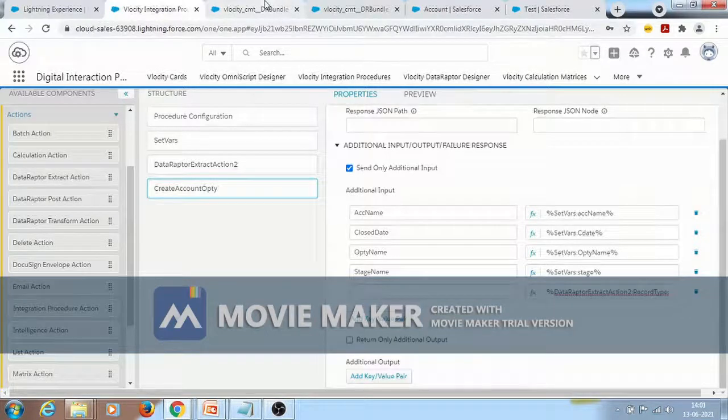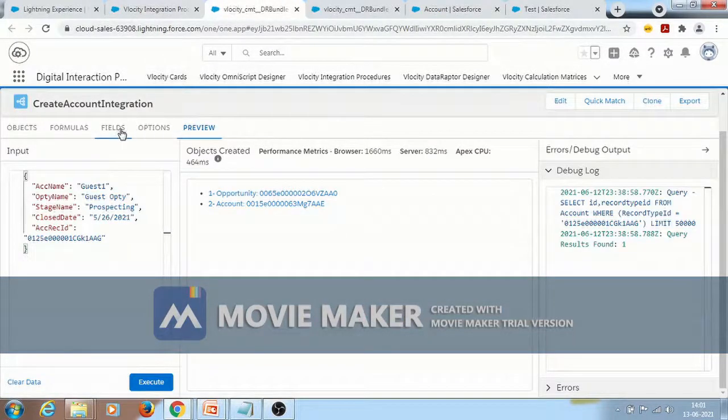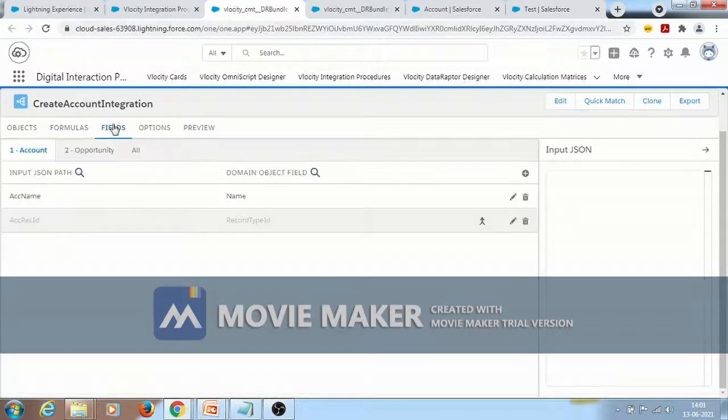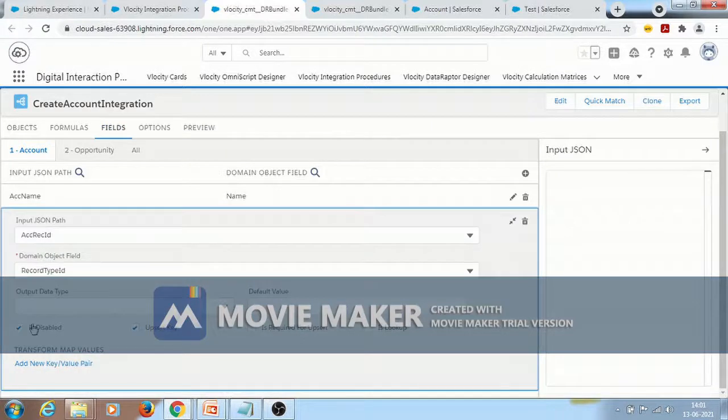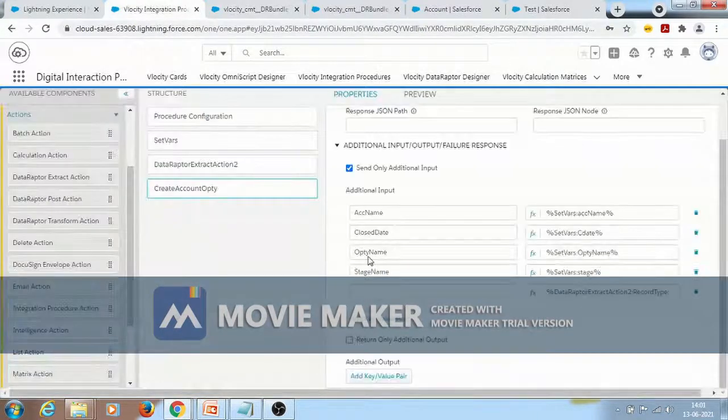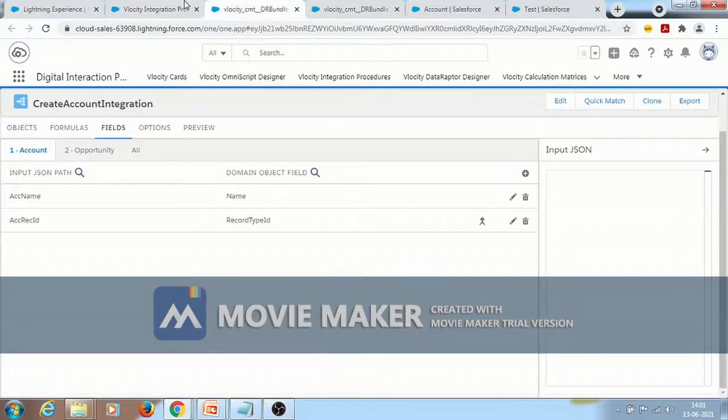Let's see what the name of the record type is here in the account creation. This is the ACC record id. I have deactivated this. Let's activate this. If disable is equal to false, then it will work. ACC record id I need to place here. ACC id is equal to this name. Yes.